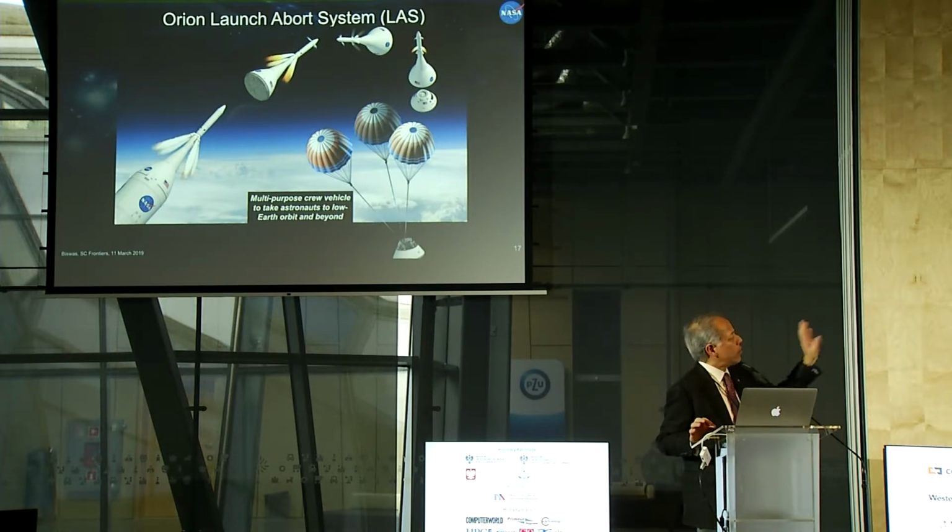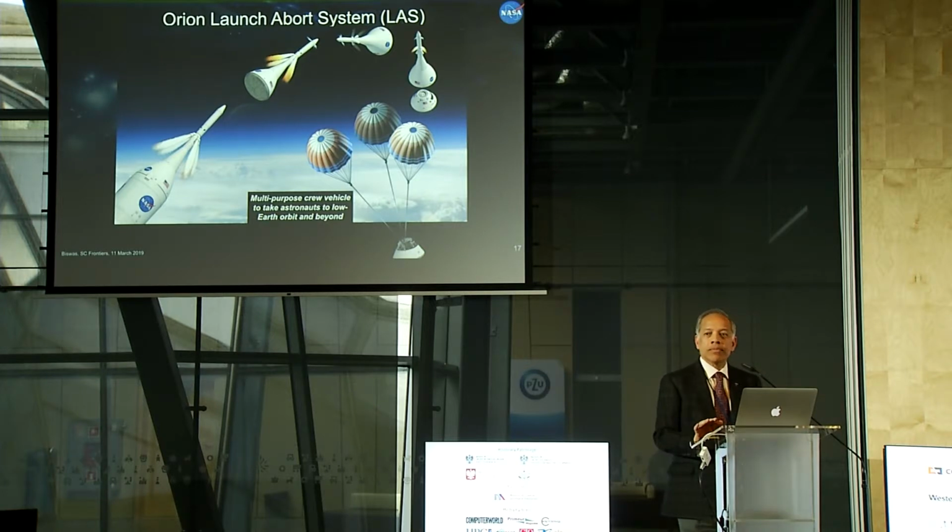So there you have the rocket, but if I'm going to do a crewed mission, then I have the multi-purpose crew vehicle, which is called Orion. And Orion is sitting on top of this massive rocket with my 2 or 3 astronauts in there. And what if there is a problem? Then I have to have another rocket that is sitting on top of the crew module, which is called the launch abort system, so that I can take the module off the rocket